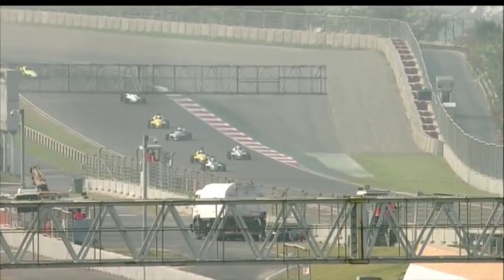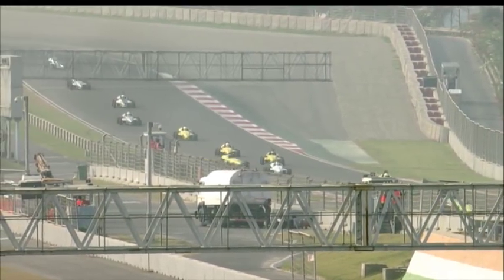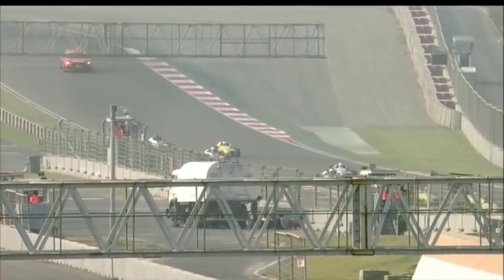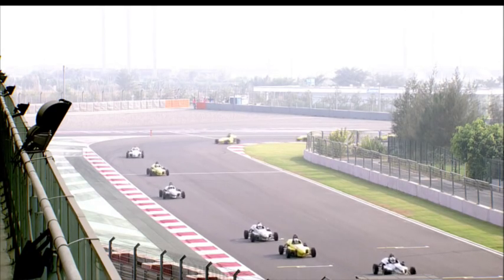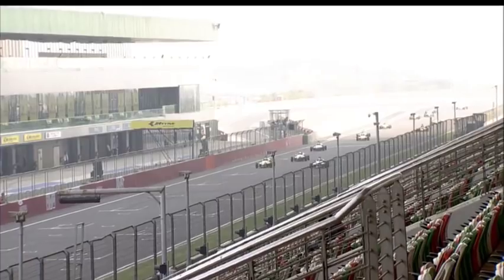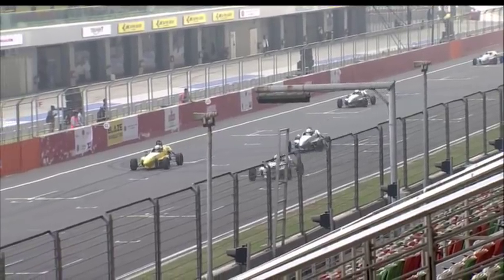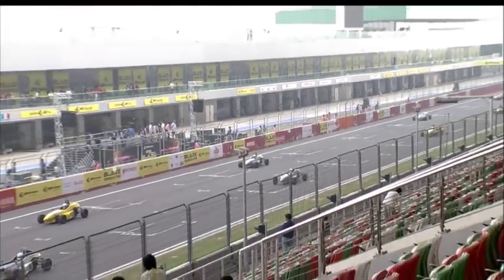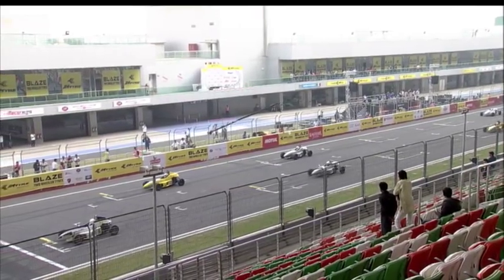Just taking a look at the drivers as they go around the track. Coming around that final bend to line up on the start grid again. Remember, the cars will take the same positions that they took when they started the warm-up lap, so we'll make sure the race stewards and officials ensure that drivers take the same positions that have been allotted to them before the start of this race, which means that it will be Diljit who will start off on